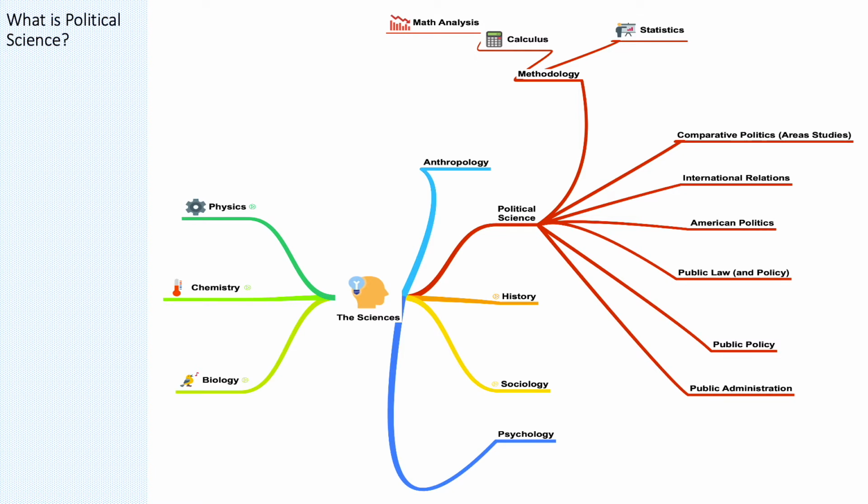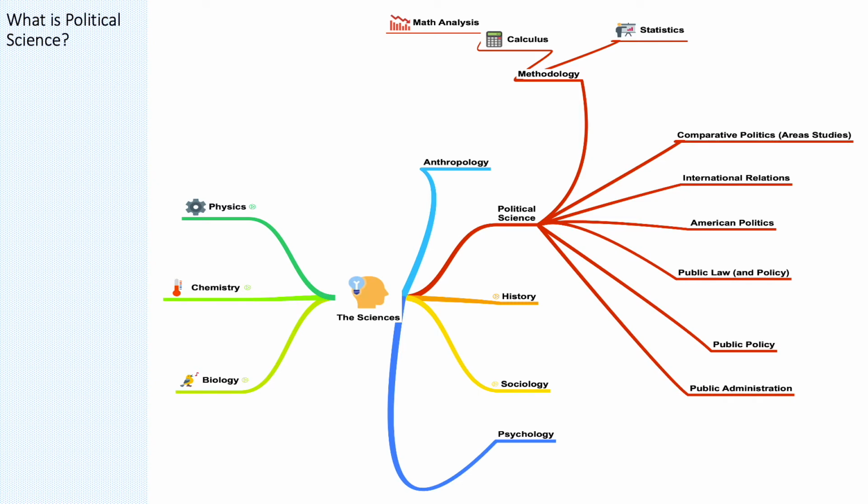So let's look at the main fields of political science. One is methodology. Methodology is about the techniques, usually mathematical techniques, although not necessarily. Sometimes you have qualitative techniques in political science, and in this course we'll be looking at things almost entirely in a qualitative way. But methodology has been in recent decades, because of the rise of modern computers, heavily centered on quantitative methods. These include statistics, calculus, and especially what goes beyond calculus, which is mathematical analysis.